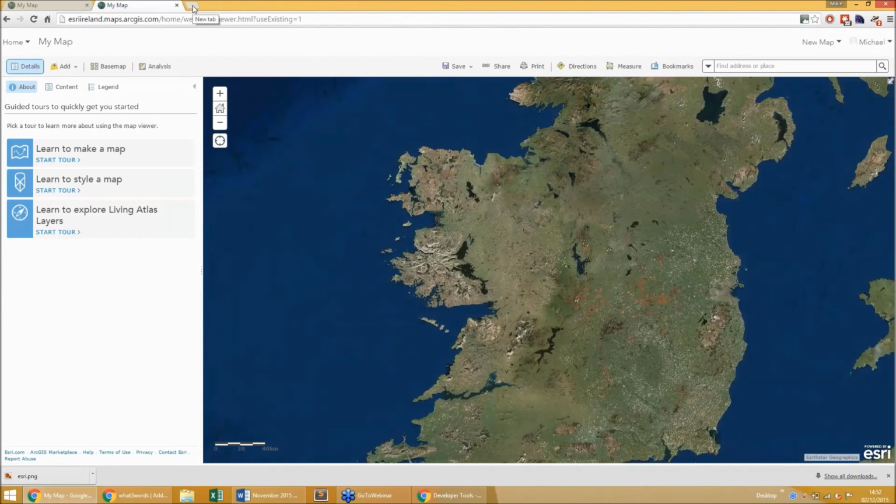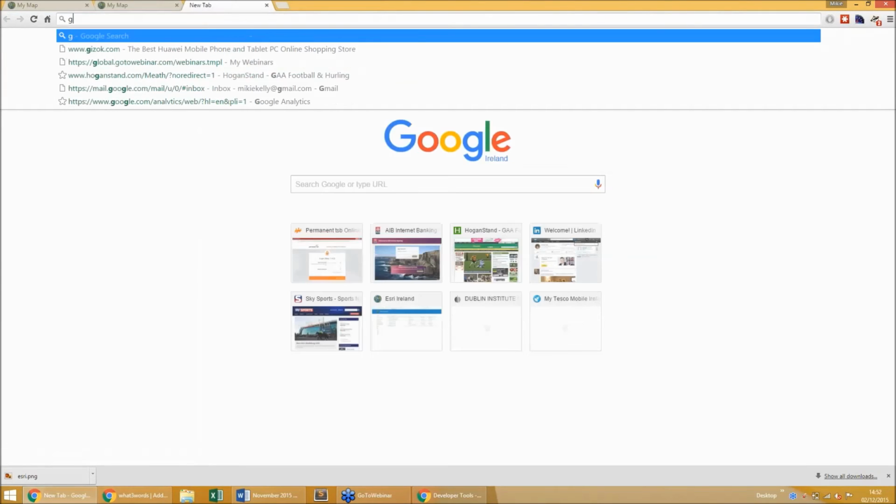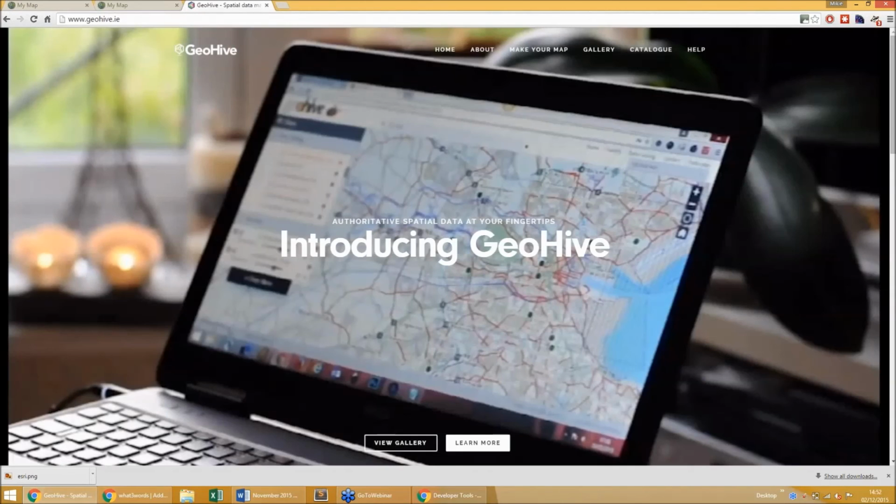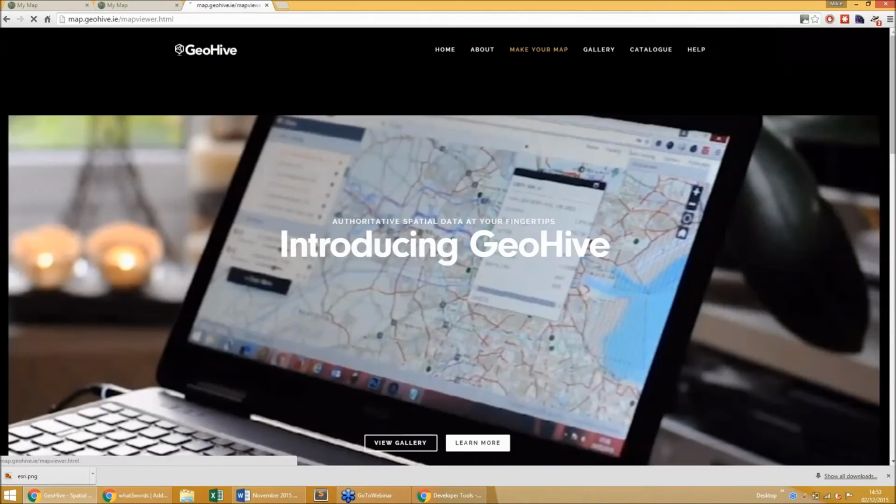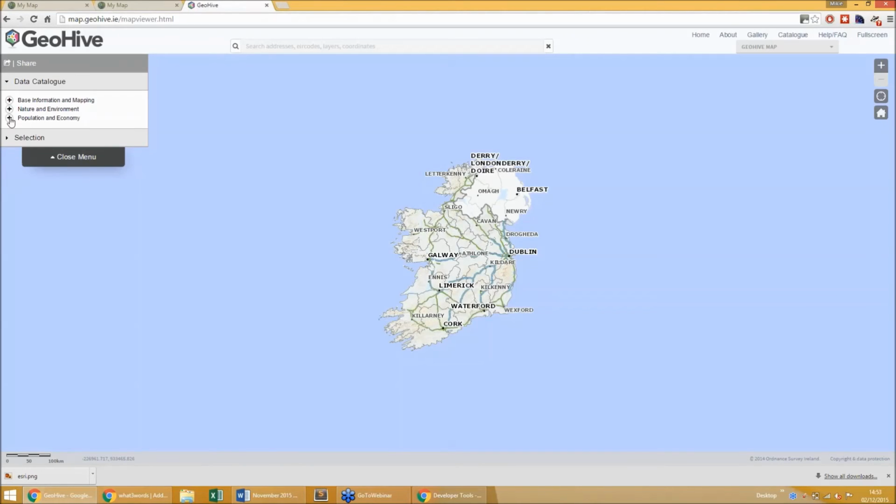Okay, so I'm going to create a map now. I'm going to go to GeoHive and just get some data that I want to use. I'm going to go to population and economy, and I'm going to go to education.